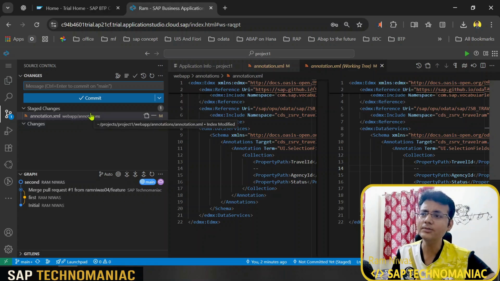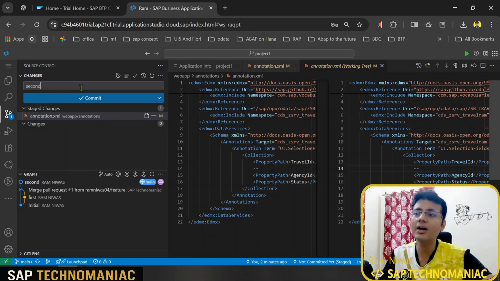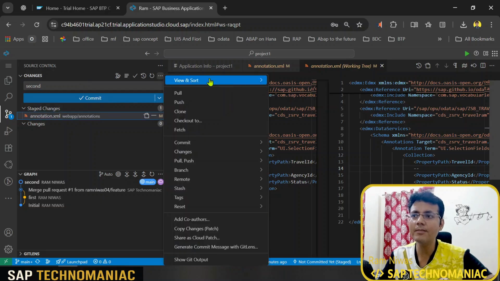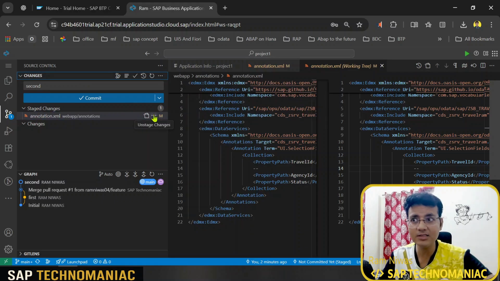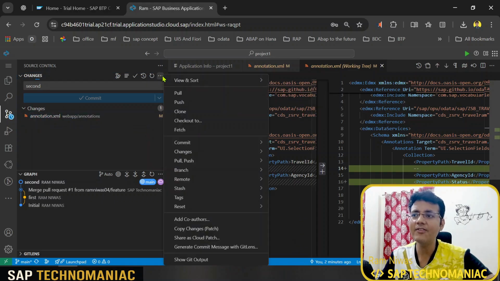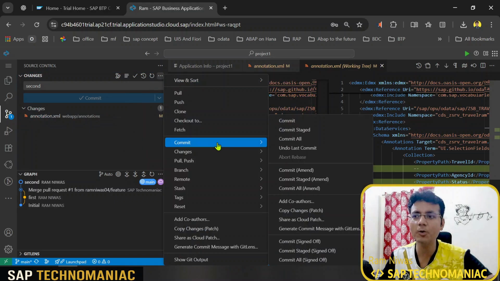So what I will do, I will create another commit called second, and I will commit my changes. Let me do the commit using the commit changes, or what I will do, I will unstage the changes. Now the commit button is disabled, so I will click on commit all. Commit all will work